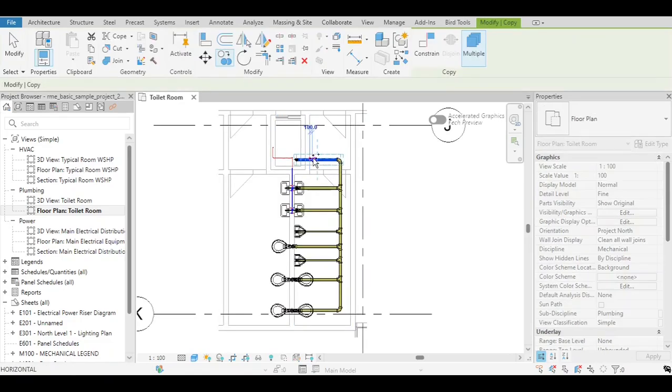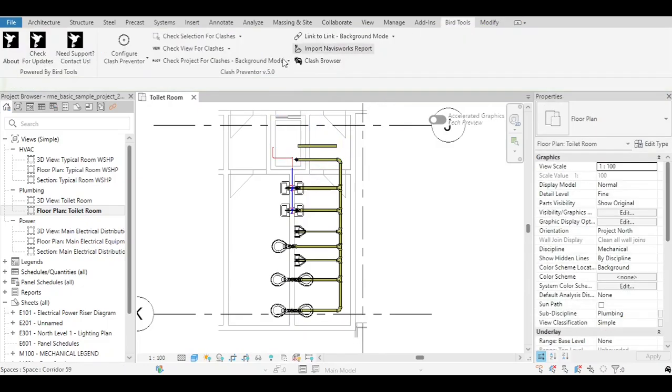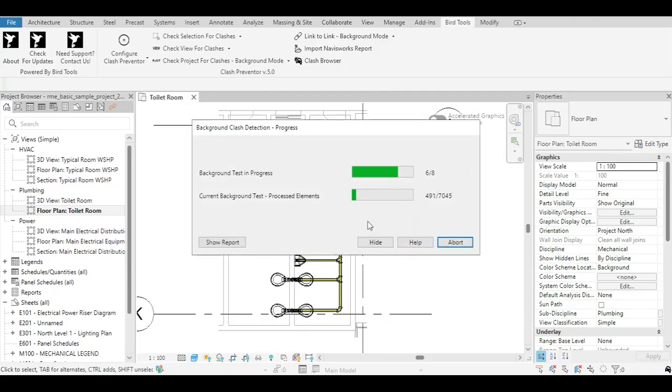All manual modes that have been shown in the previous video have an equivalent background mode that can be accessed by displaying the drop-down menu for each of these modes. You can select many runs for any mode you want and they all would be scheduled to run in the background. To check the number of scheduled runs, the progress of the active one, or to abort them, you can just press the animated button on the lower right corner of the status bar.